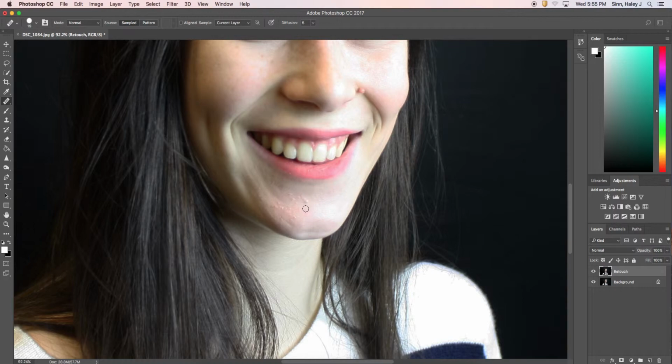What you do is hover over the color that you want to use to cover up. I want to use this color right here, which is within my circle, to cover up this area right here. So I'm going to press Option on my keyboard and click, and that has selected that color for me. Now when I single click, it's going to apply that color. Option click, Option click. What it does, I believe, is it evens out the colors a little bit more naturally, because you can Option click close to whatever it is that you're trying to cover up and it chooses the colors that best match and applies them a little bit more seamlessly than